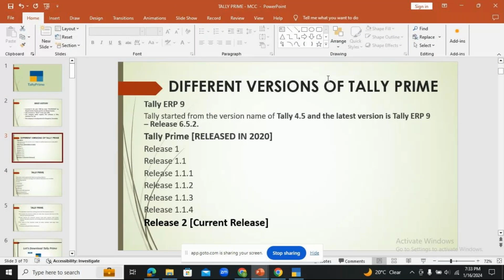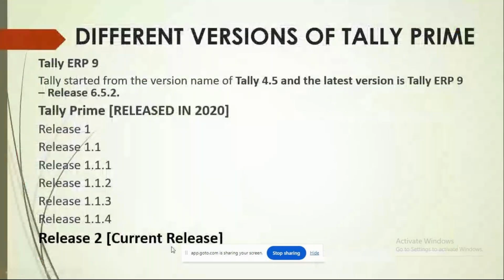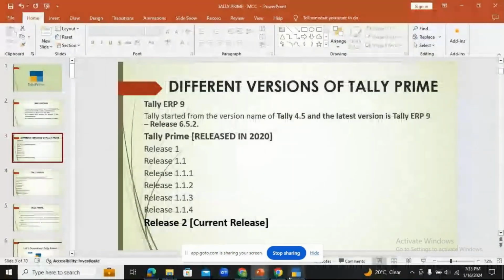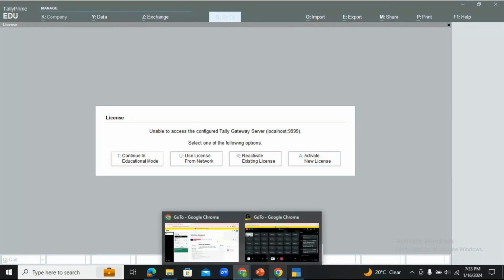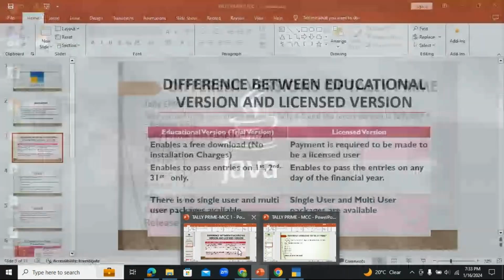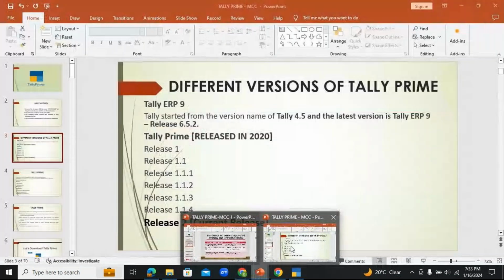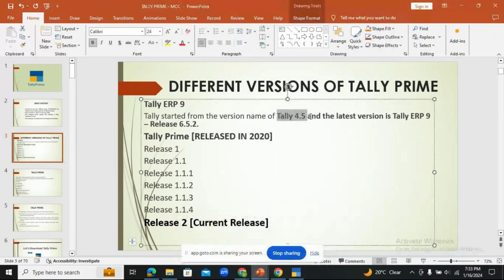So all of these were the older versions of Tally. Now that time it came where we had to reactivate the existing license. Here you can see, reactivate existing license. What does it mean? Suppose I had purchased the ERP9 software, this older version. I've already paid the purchase cost and I was working with it. Then suddenly ERP9 got upgraded to Tally Prime software.